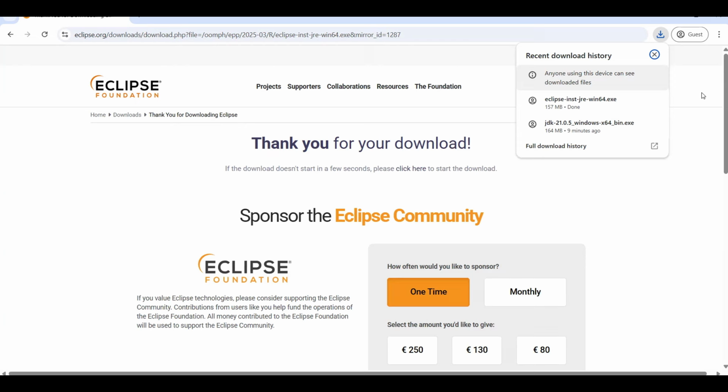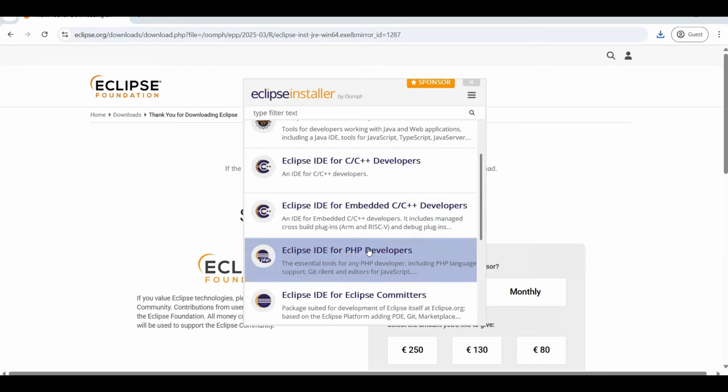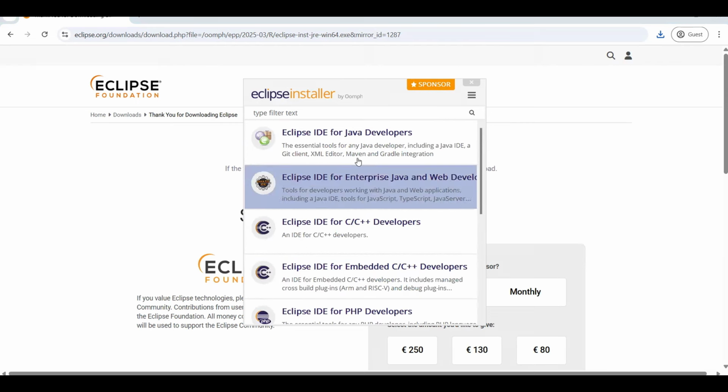Eclipse installer will present us with a list of options, different packages for different technologies that we would want to install. So there are different packages for C, C++, PHP, and whatnot. For Java, there are these two packages, the second one being for enterprise Java development.